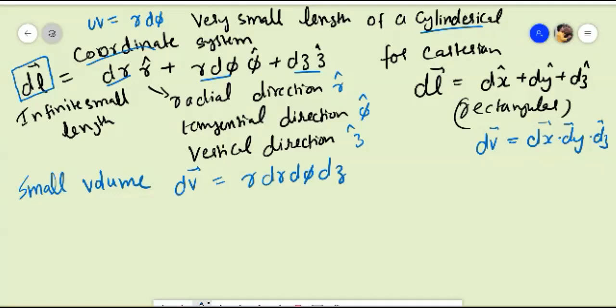Okay, and then if we talk about the area element, the infinite small area element,